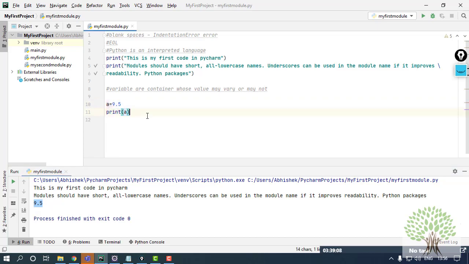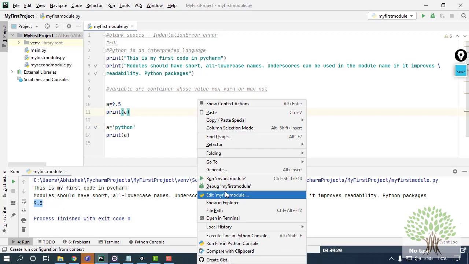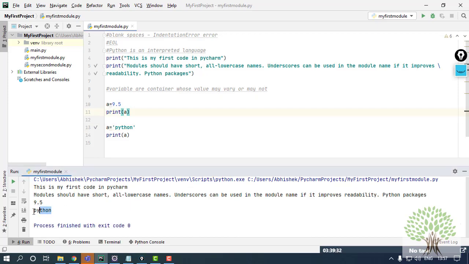For example, I'm using the same variable and this time I'll give it a word, Python. So now in variable A, there is a string being stored, that is Python. If I run this, over here I'm getting the value Python.